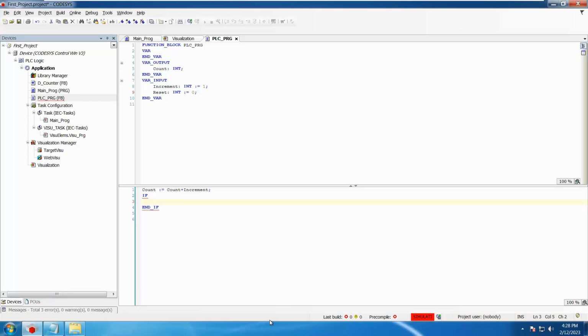So let us play some more. We need to add some piece of program inside our main PLC program. I will add: if count is equal to preset count, the count should be equal to the reset. And to declare the preset count, there are multiple ways,